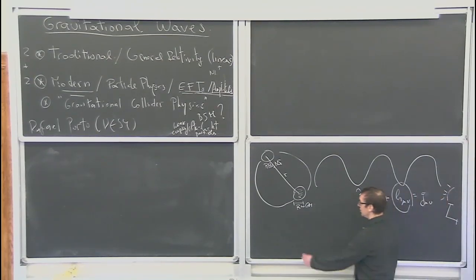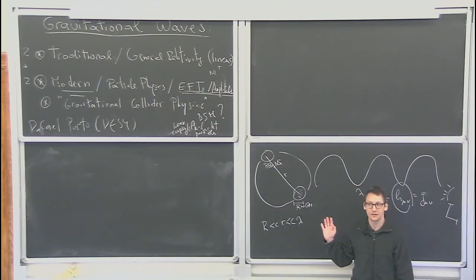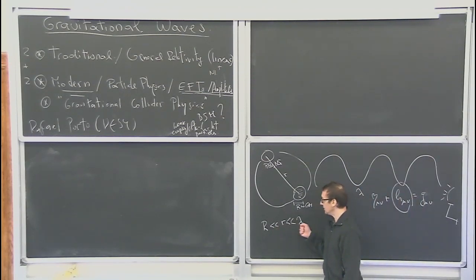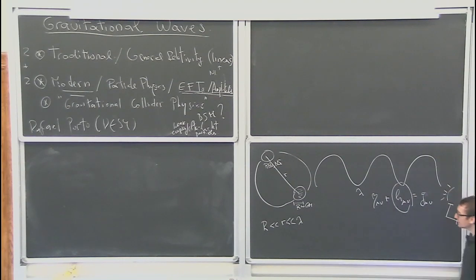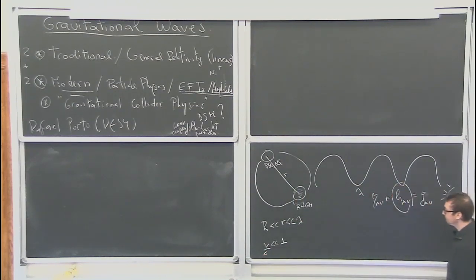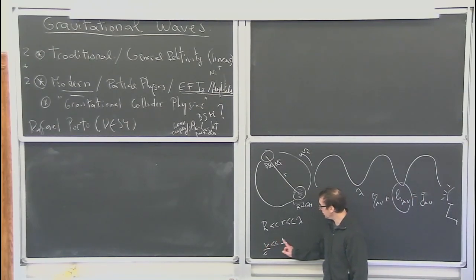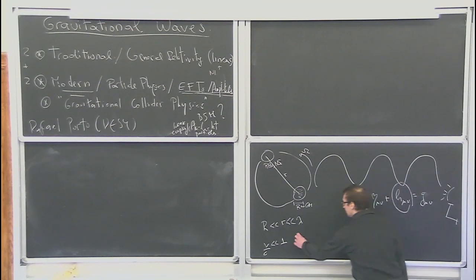I'm going to concentrate on a regime in which the size is much less than the separation and much less than the wavelength of the radiation, okay? If you're a particle physicist, and in particular if you're an effective field theorist, the moment you see a problem, you tell me what are the relevant scales in the problem. That's the first thing you need to identify. And are those scales in a hierarchy? Are they separated? Okay. And this is the case in the regime in which the velocities compared to the speed of light are small. Those guys are going around each other at some frequency and moving with some relative velocity. If the relative velocity is small, then the scales are separated, and this is what is called the